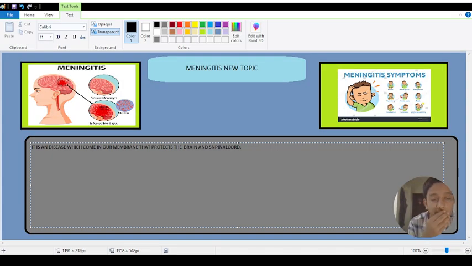There are three types of layer. First is pia matter, arachnoid matter, and dura matter. These are the three layers which get inflamed in meningitis. You can see here, these are the layers of our body, and they get inflamed by meningitis